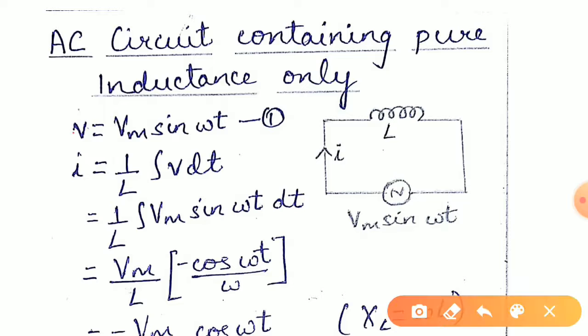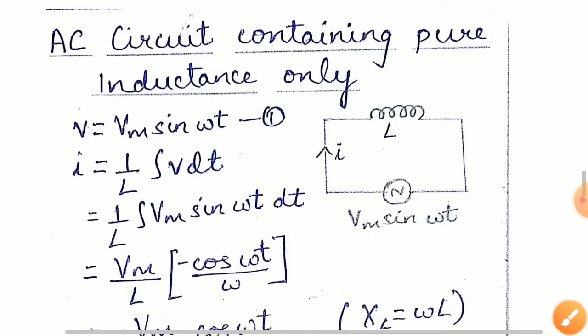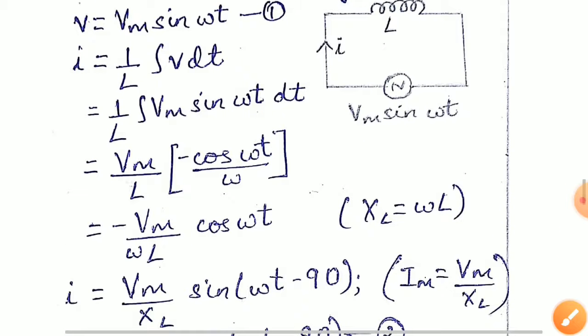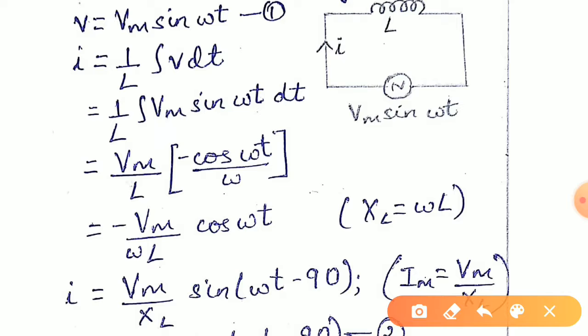On substituting the value of V in this equation, we get 1 by L integral Vm sin omega t d omega t. Upon integrating the equation, we get Vm by L into integration of sin omega t, we get minus cos omega t upon omega,